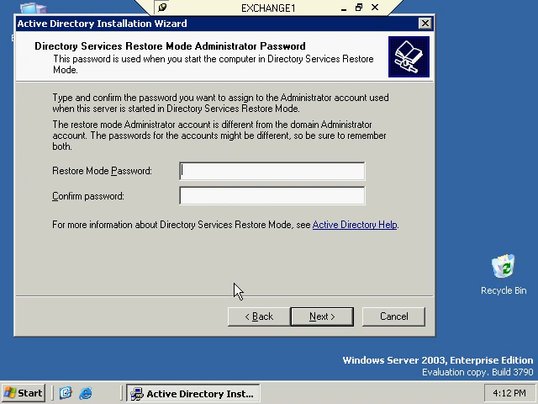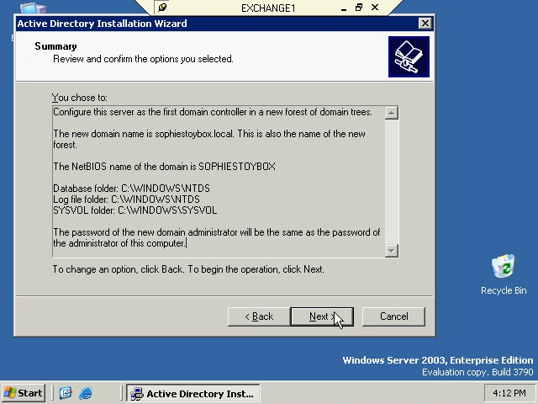A restore mode password. You can enter in something here if you'd like. It is important that you remember this password. So I'm going to go ahead and just type in a password here. Click Next again. Then we see a summary of all of our choices, and we're all set and ready to